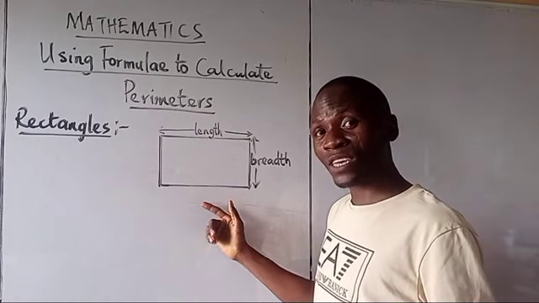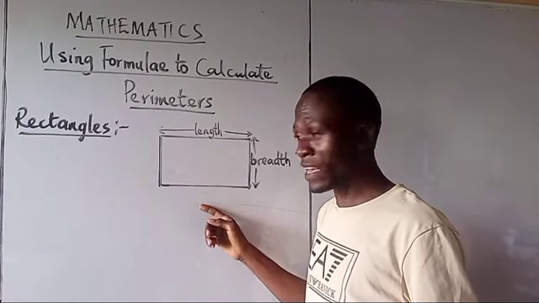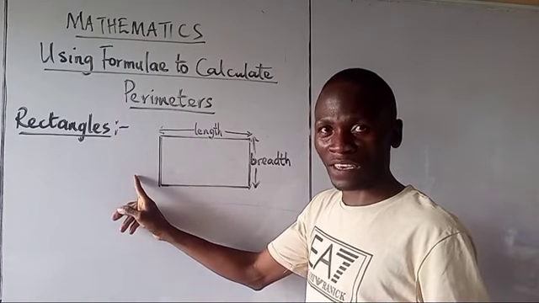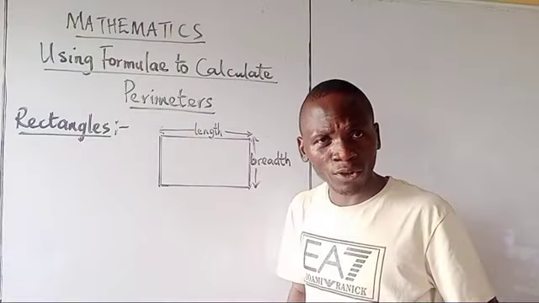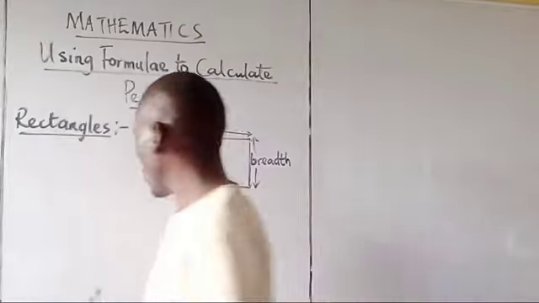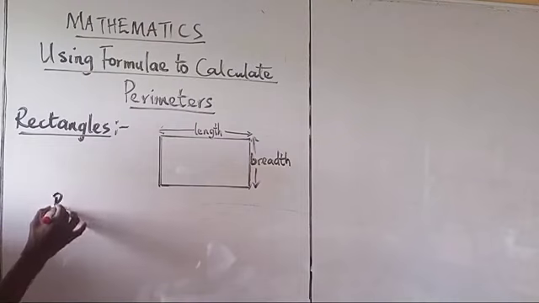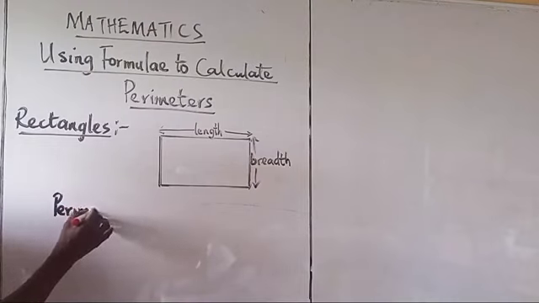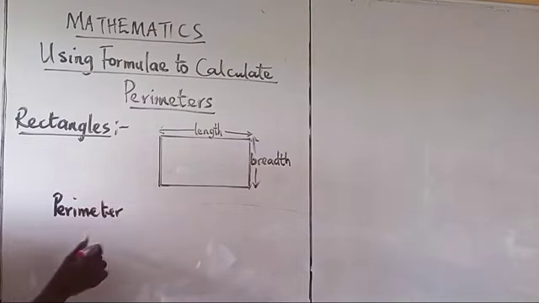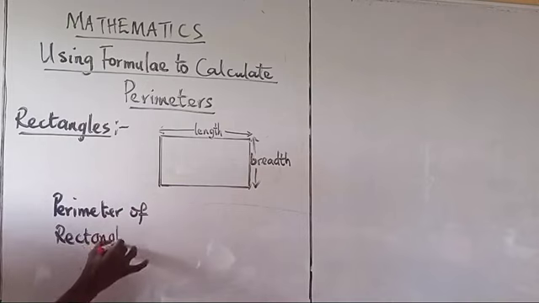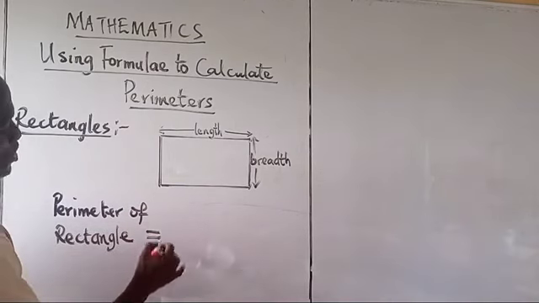We add that together with the value of the length we obtain here, and to the value of the breadth we obtain here. And for us to write that down, we go this way. We write perimeter of rectangle equals